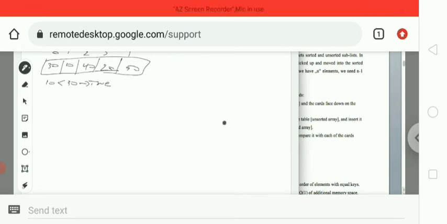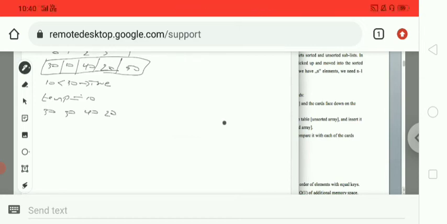If the condition is true, we have to move the elements. First we store the value 10 in a temporary variable. After that we move the value 30 to the index 1 position. Here I am not swapping, I am just moving the value.